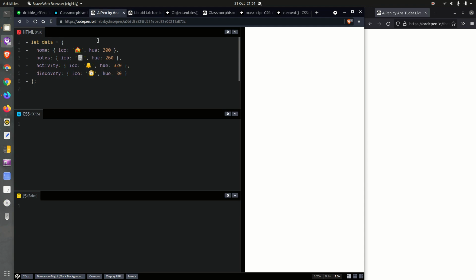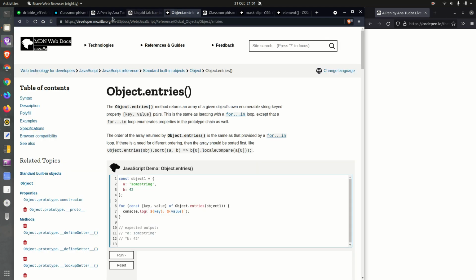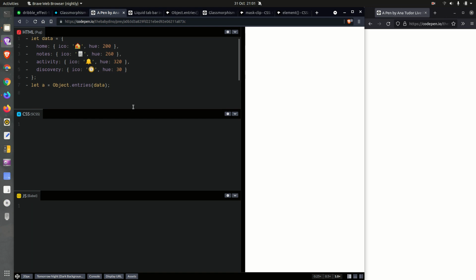But let's get back here, and we are first going to get an array out of this object. So let's get our array, but I should type that correctly. Object entries, and in case you need a reference for this, I'm going to link it in the description, so don't worry about that part. Then we are going to get the length of our array,